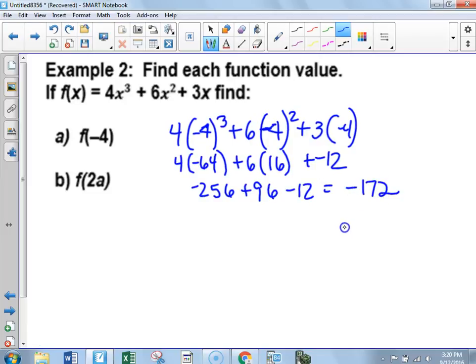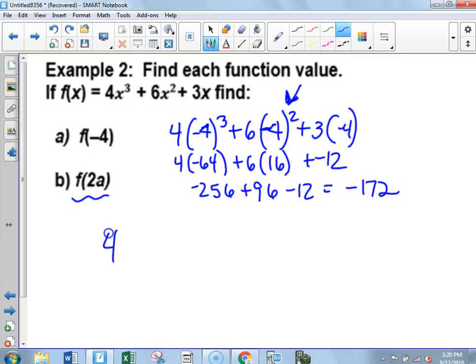I believe that's right. Is anybody not getting negative 172? Everybody okay? The parenthesis that'll mess you up if you leave it off is this guy, right? Negative 4 quantity squared should be positive 16. Everybody good? All right. When you put in a 2a, you're putting it in everywhere that there was an x